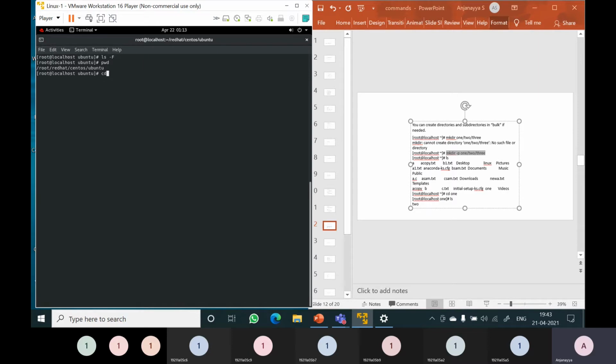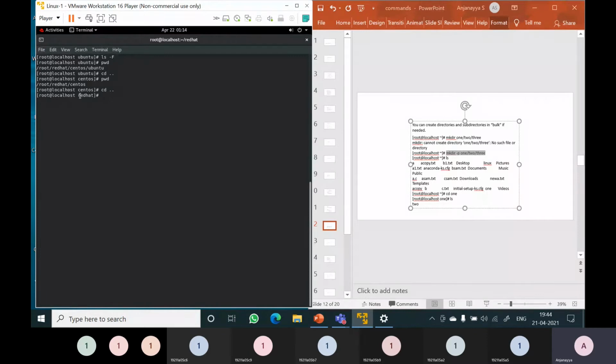Now to go back toward the root directory, cd .. The dot dot means the previous parent directory. The parent of Ubuntu is CentOS. cd .. will take you to the parent directory. Now here you can observe that it is CentOS. Now you are in the CentOS directory, or you can just type pwd. So now you can see that you are inside /root/RedHat/CentOS. Now if you want to go to Red Hat again, cd, change directory, .. After cd you have to give a space and then dot dot. It will take you to the Red Hat directory.